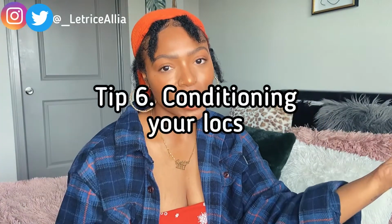Tip number 6 is going to be conditioning your locks using a conditioner or a liquid leave-in conditioner. I would not use a cream leave-in conditioner, but as far as conditioner after you wash your hair, I use conditioner about every 3 months. And if you are very new into your journey, like between months 1 and 3, I do not recommend using conditioner on your locks, only because your hair will soften up and it will start to unravel, because that's what a conditioner does. It provides slip, and you probably know when you put conditioner in your hair, your curls be